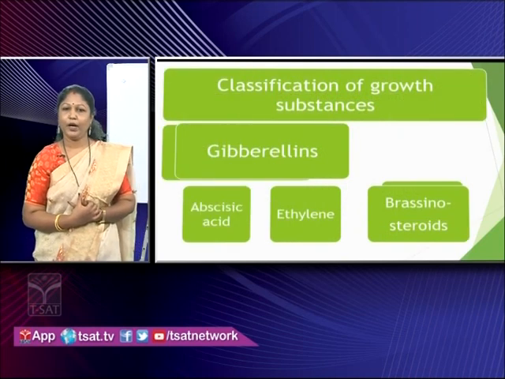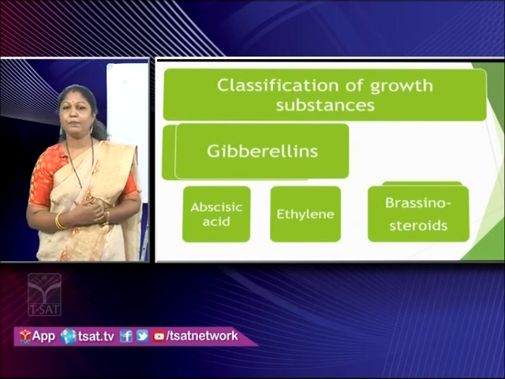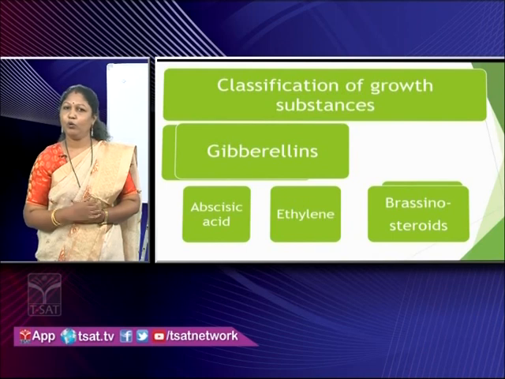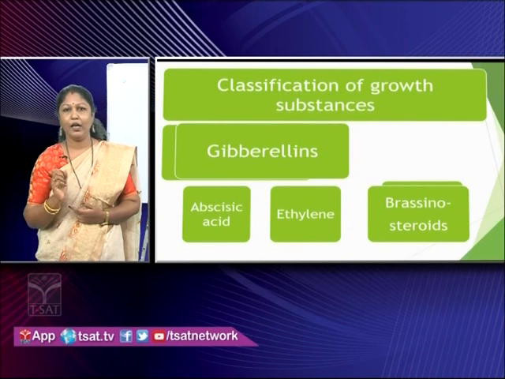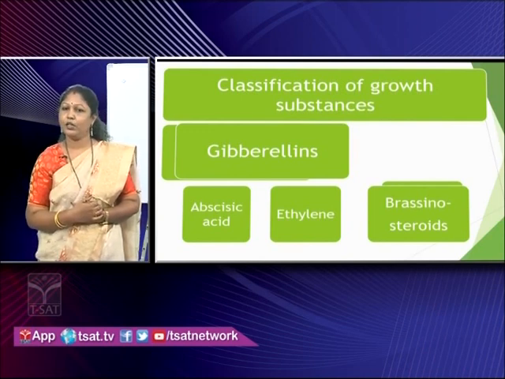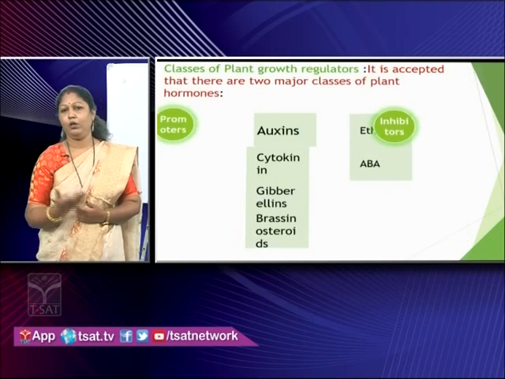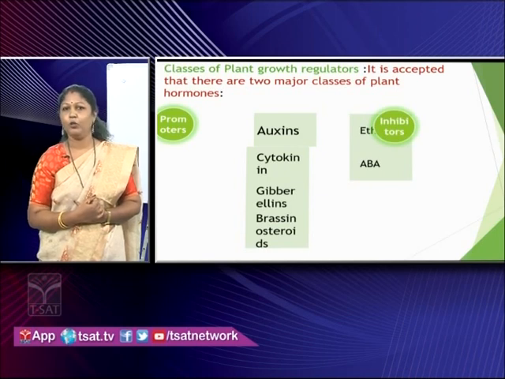Okay. Now, let us look at the classification of the growth substances over here. We can classify them into auxins, gibberellins, abscisic acid, ethylene and brassinosteroids. Of course, auxin cannot be seen on the screen right now. So, the primary growth substance is auxin, followed by gibberellins, abscisic acid, ethylene and the newly identified plant hormones, that is brassinosteroids. Besides that, we also come across different kinds of plant hormones naturally produced within the plant, we